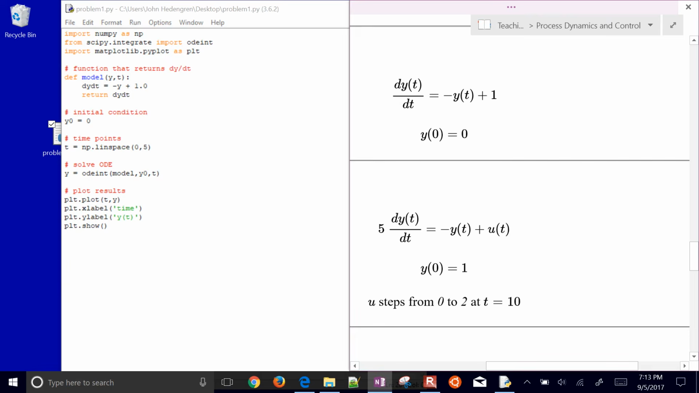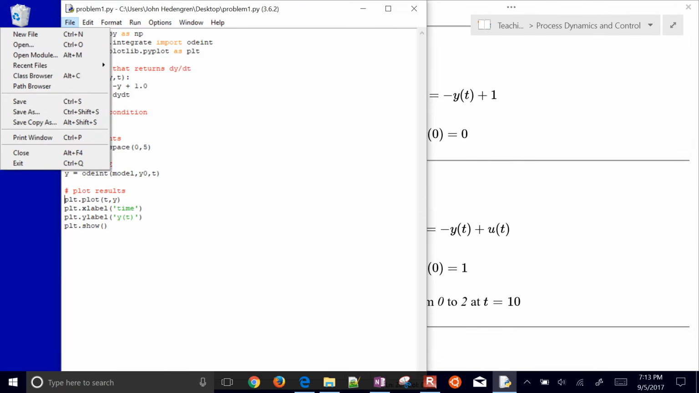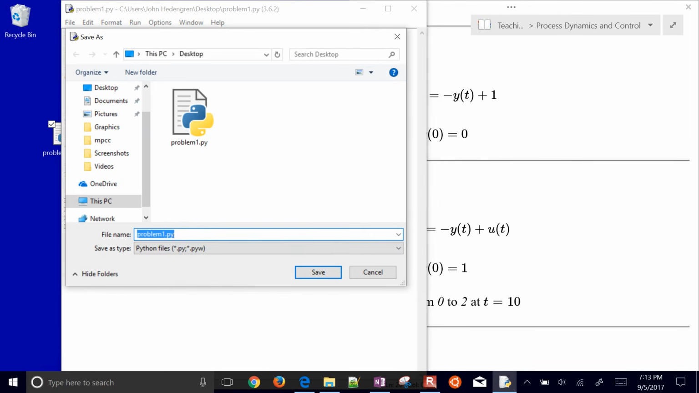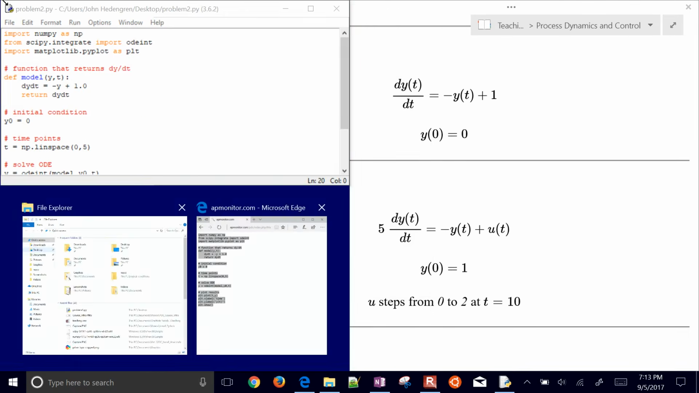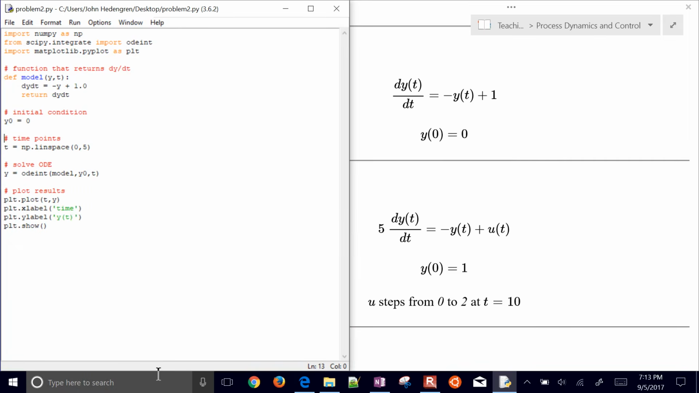Okay, just a little bit more complicated. I'm going to do a save as, and I'll save this as problem 2. This time, I'm not going to use the solution. So let's try to work through this together. Okay, so use steps from 0 to 2 at time 10. And the very first thing that we notice over here is that we have a 5, but our function needs